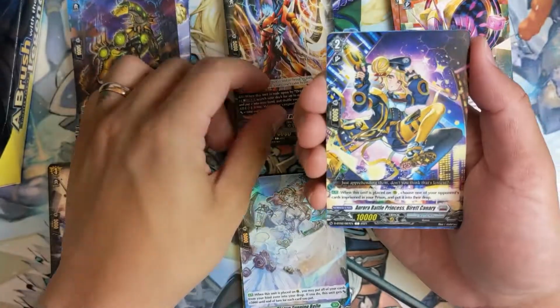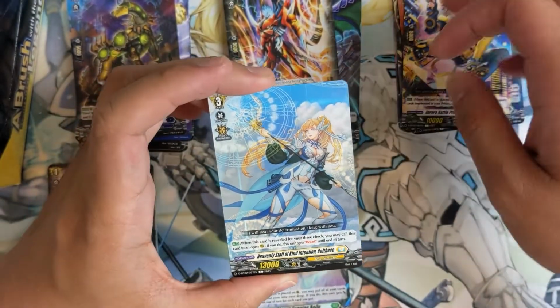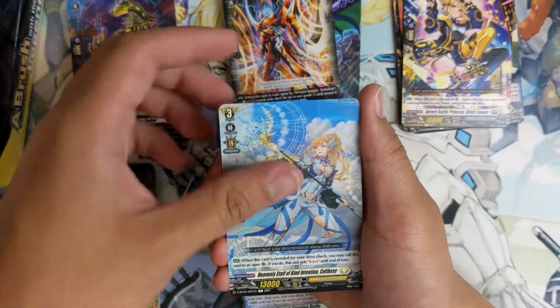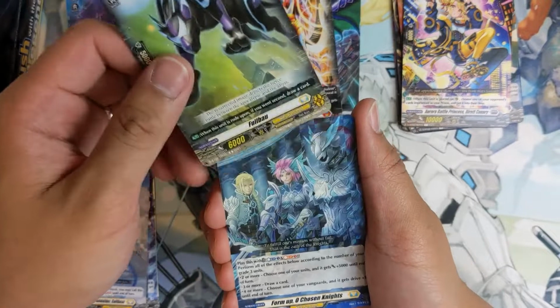So we have Barrette Canary. We have Heavenly Staff of Kind Intention Colthes. When this unit is revealed for your drive check, you may call this to an open rear guard circle. If you do, this unit gets boosts until the end of that turn. We have Full Bow Starter for